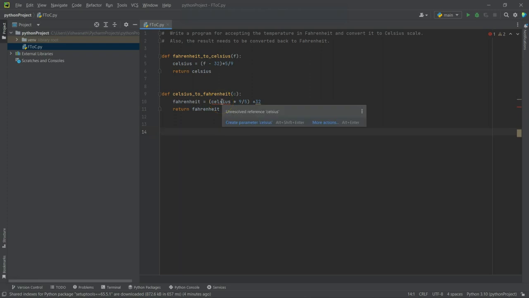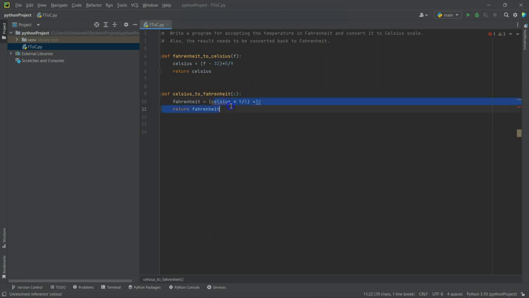Here it is underlining it as red. That means there is some problem. Now instead of Celsius we should have taken C, because that is the parameter that we are receiving. Okay, next what? Next is